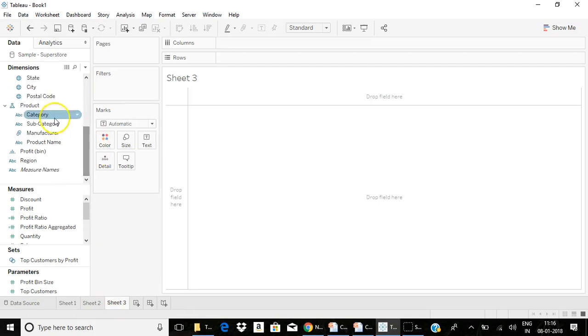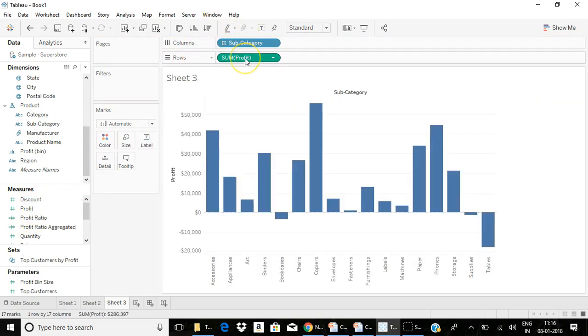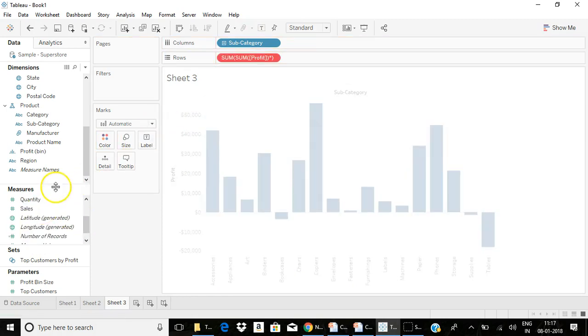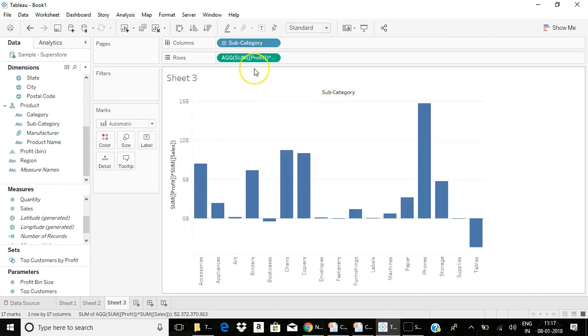You can also create ad hoc calculations in Tableau. Ad hoc calculations are quick calculations that are performed on your shelf itself. You just need to double click here and multiply. Let me multiply by sales. At any time, you should not mix your aggregate and non-aggregate arguments. Either it should be aggregated or it should be non-aggregated. You cannot mix your aggregate and non-aggregate arguments. So this is ad hoc calculations.